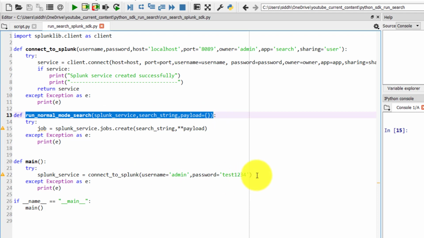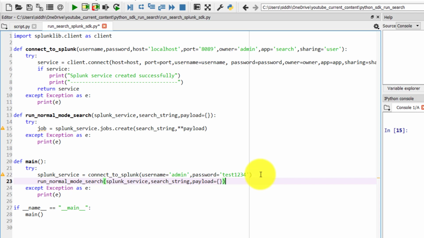What we have to do over here is give a search string. We already passed the same Splunk service over here, so let's create a search string.